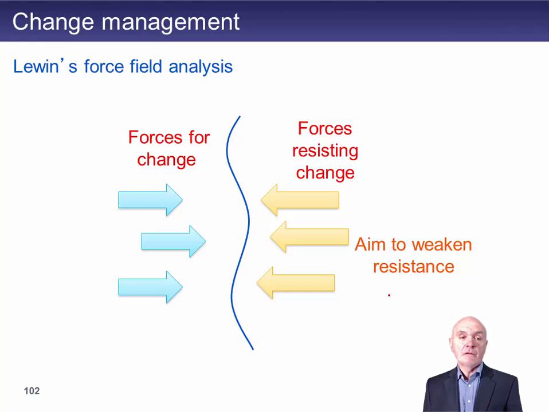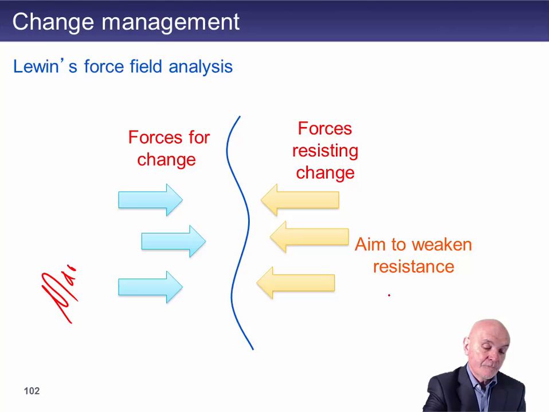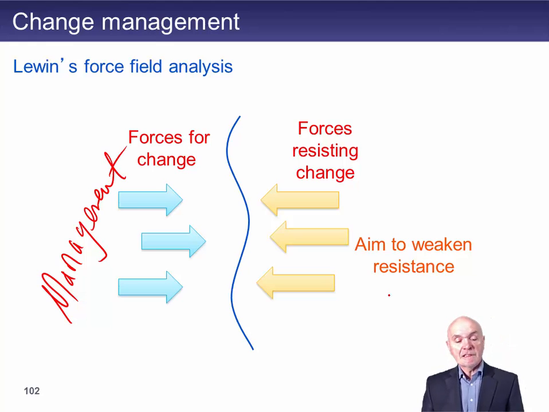And there are a number of different models. Here we have Lewin's force field analysis. And Lewin said, look, here you have the forces for change. The forces for change may be economic forces, maybe competitive forces, but broadly speaking, management should be seeing these occurrences on the horizon. And basically you've got management who tends to be forcing that way. So they've seen that they have to change if the organization is going to stay successful. And broadly what you have on the other side, if we just keep it to employees, but remember it could be customers, you have your employees coming back this way.